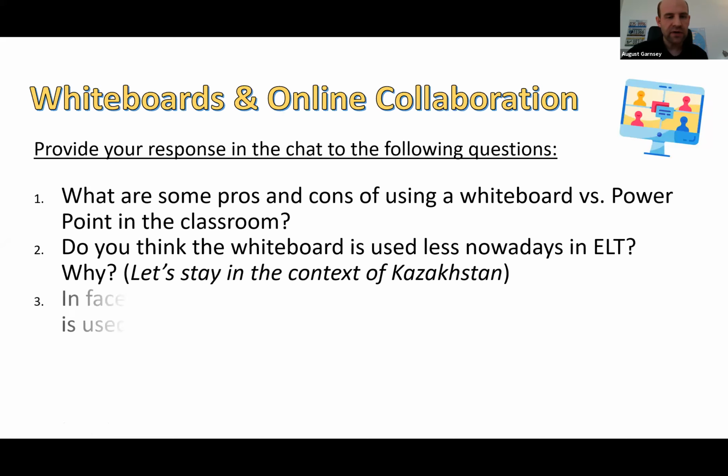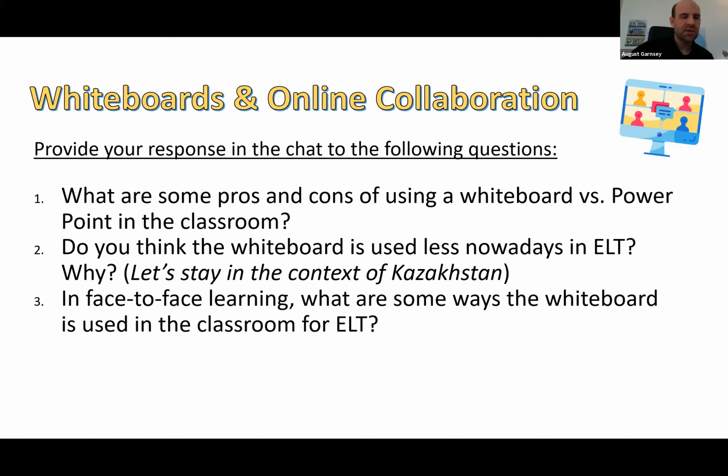How about in face-to-face learning? What are some ways that the whiteboard is used in the classroom for English language teaching? Maybe you can just put simple one-word activities or tasks that you do using the whiteboard, and maybe we can pull out a few ideas from our chat.